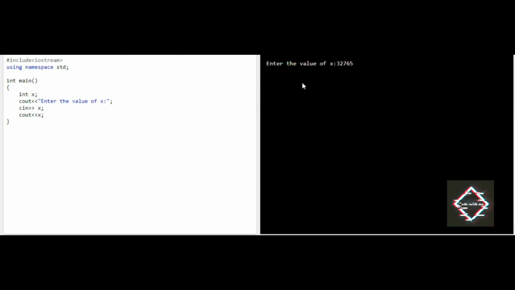So it's showing "Enter the value of x" is 32765. See friends, the reason is very simple. In the software that I'm using, the compiler that I'm using, I'm not able to accept the input from the user. I'm sorry. Let me change the code for you. The value is